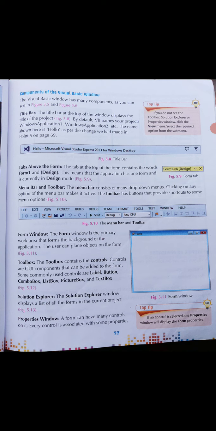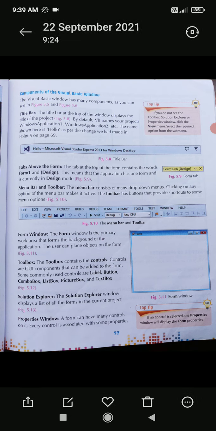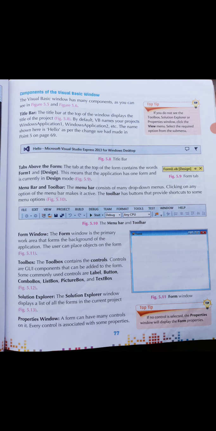Then you come to the next one. That one is your Solution Explorer. The Solution Explorer window displays a list of all forms in the current project. Now what is the main work of your Solution Explorer?